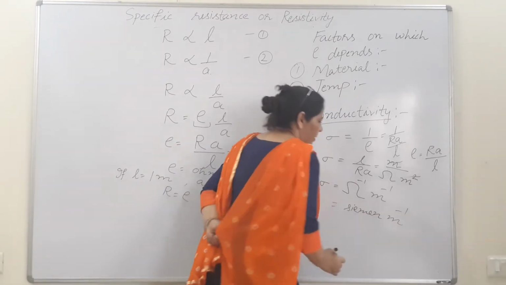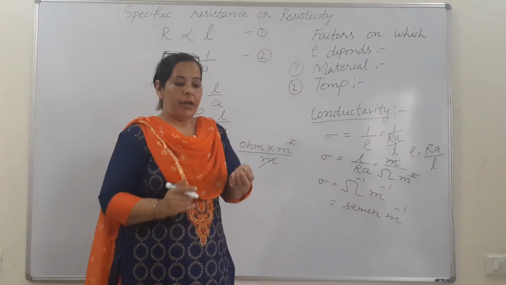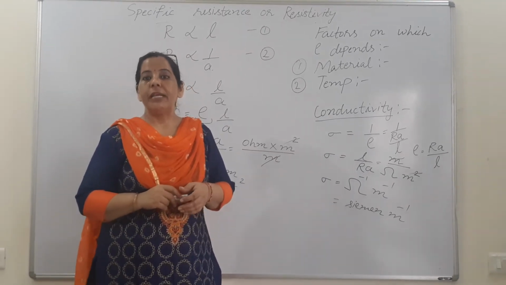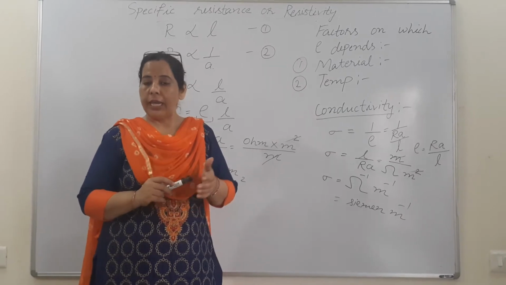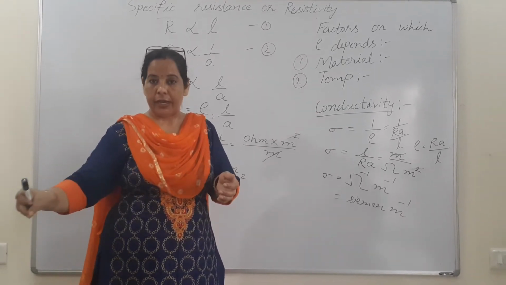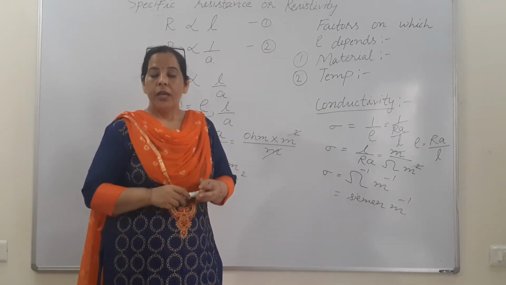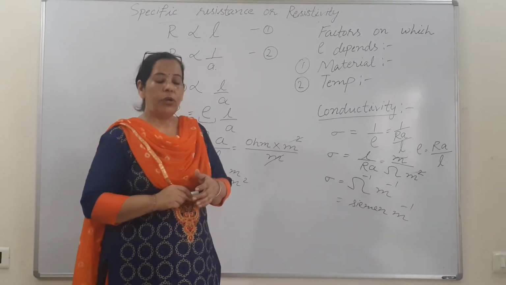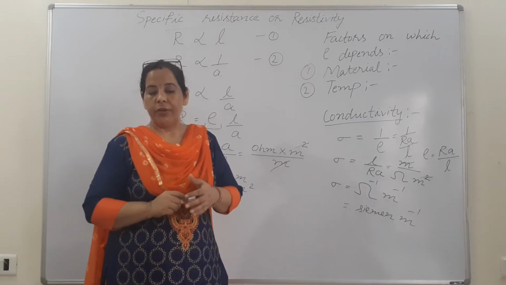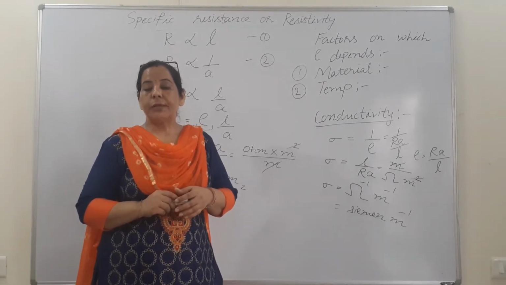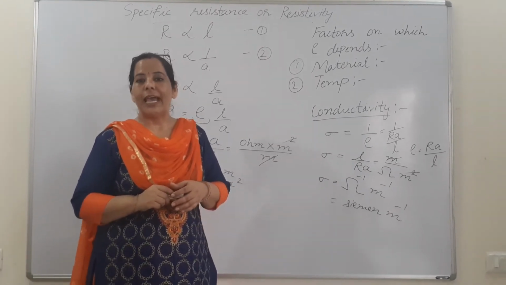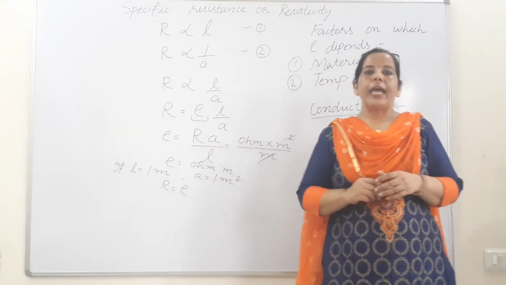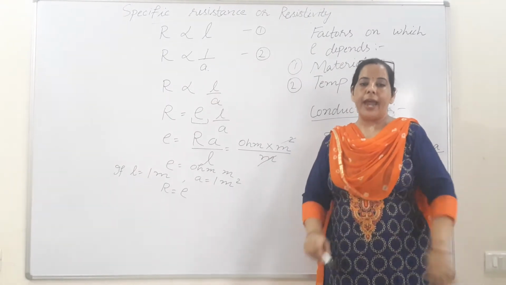Then after that, beta, in your book they have given 5-6 points. What should be the choice of the material for the connection wires, for the fuse wire, for heating elements, as the resistors? Then beta, you have to learn all the 5 points. So the first point is which material we have to select for the connection wires. Then your answer should be that we have to prefer metals like copper and aluminium.